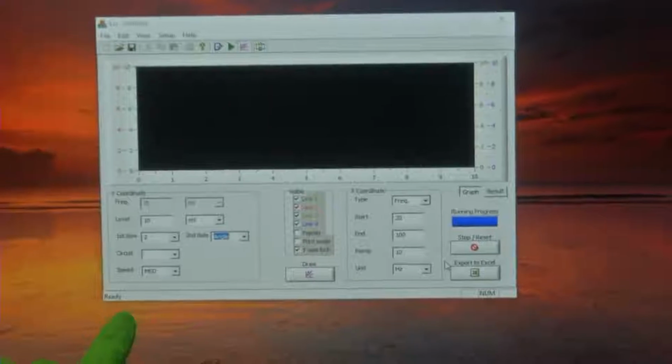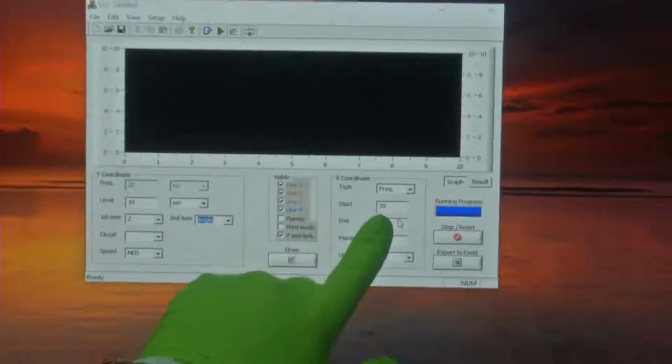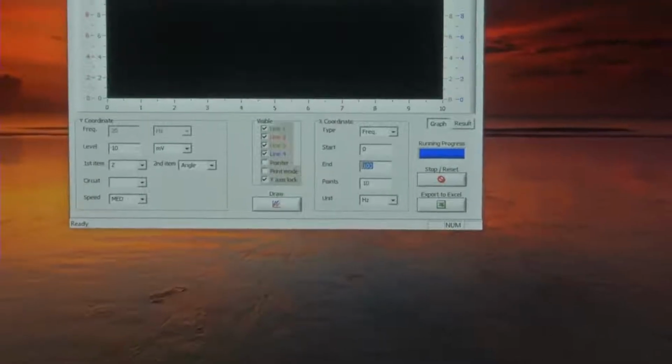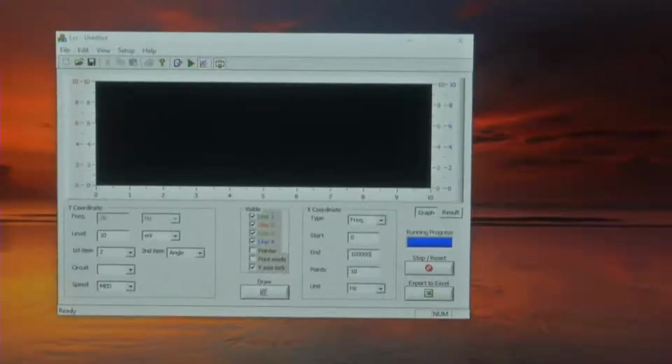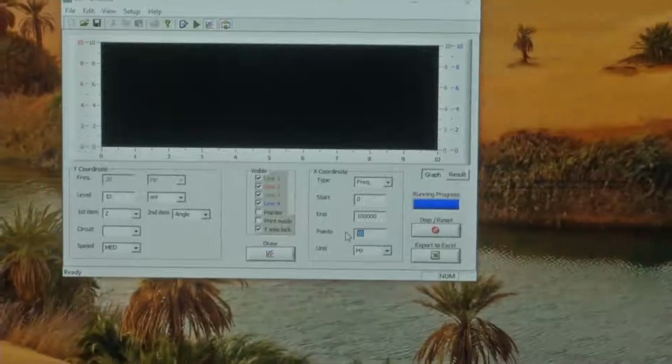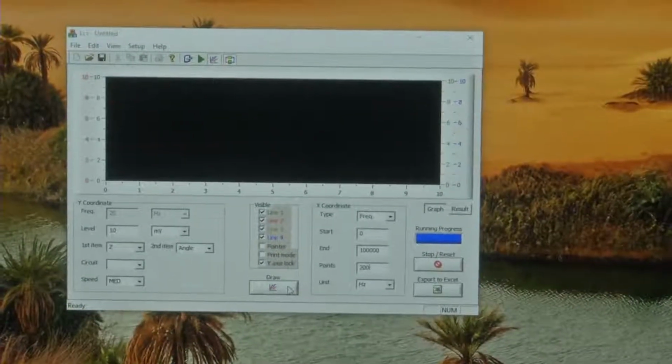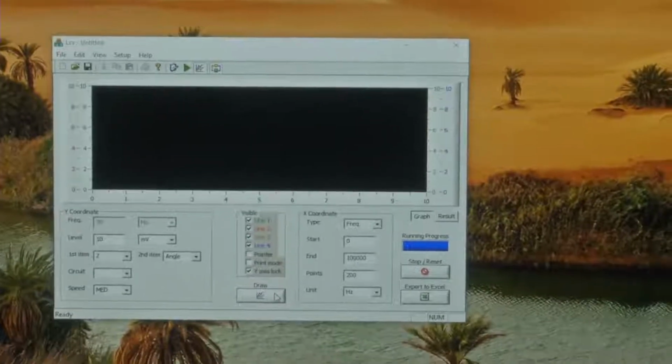Okay. So then we will start with 0 frequency and we will end it at 100 kilohertz and we will take 200 points. Okay. So when we click draw, it will start acquiring the impedance data. Click draw.